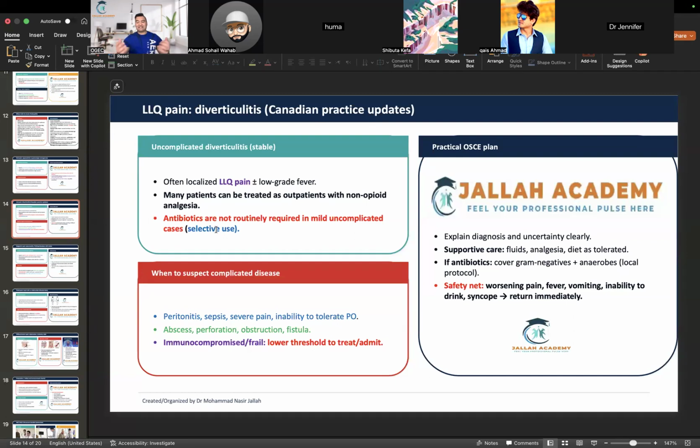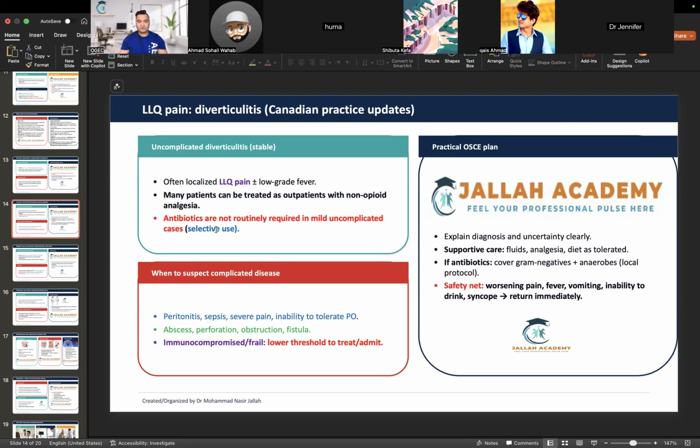So I do this, this, this. Okay, what if the patient requires antibiotic? Okay, I will provide them. Okay, what kind of antibiotic? What is the best choice for this patient as an outpatient? Do not forget amoxicillin. For the OSCE, they will ask you like this. And for the MCQ, they may ask you what is the best first choice for a patient who has to be treated with antibiotic as an outpatient: amoxicillin.